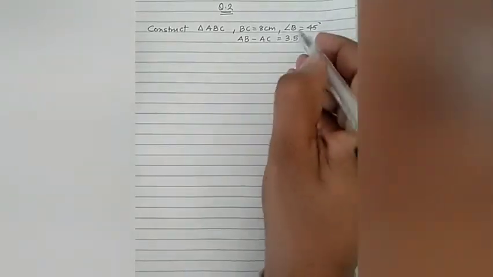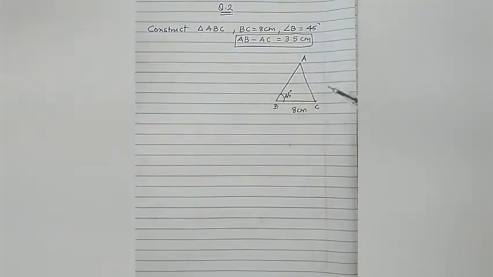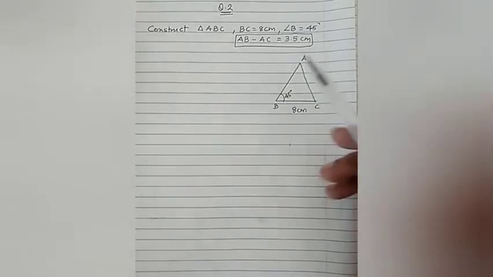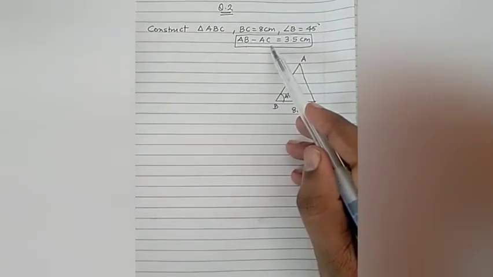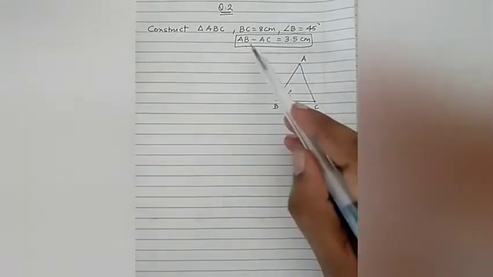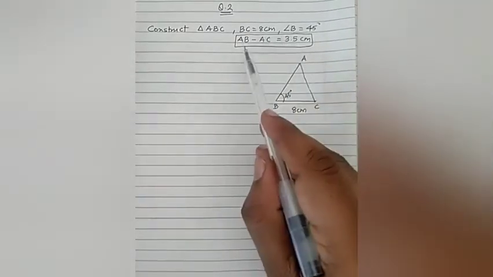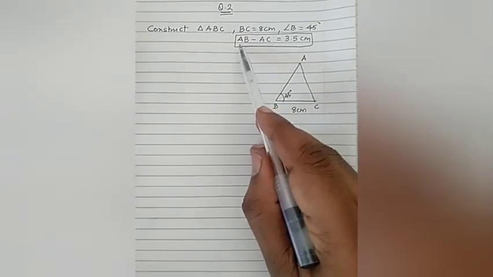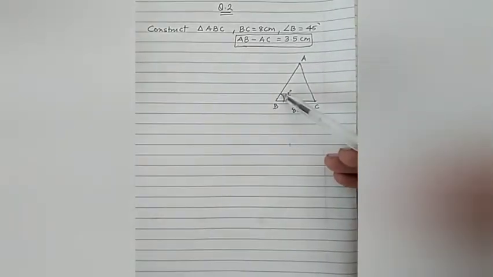And then what has been given over here is the difference between the two sides, AB minus AC. Now this is very essential to be understood. Here the difference is given in which order? AB minus AC. Now AB is the largest side because the number is positive, it is plus 3.5. So what does that indicate? Out of AB and AC, which is the largest? AB is the largest. Yes, and that has an association with the base angle that is given. Okay, it has to be in this case.